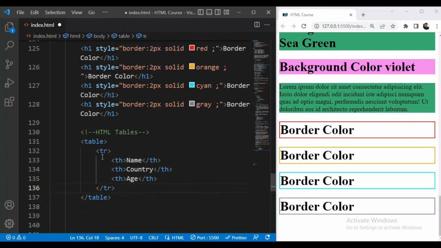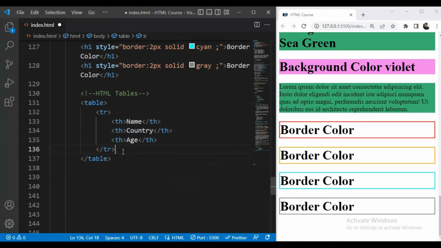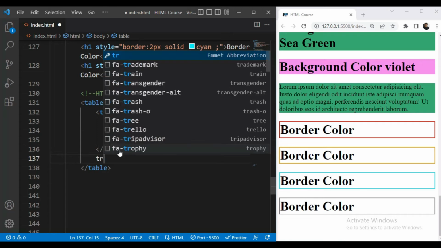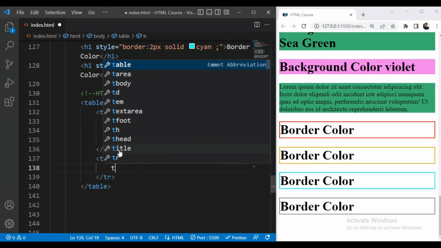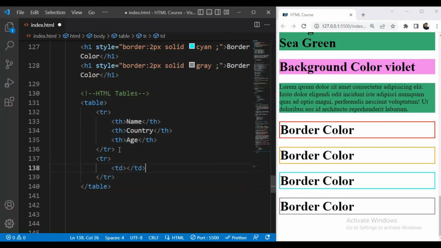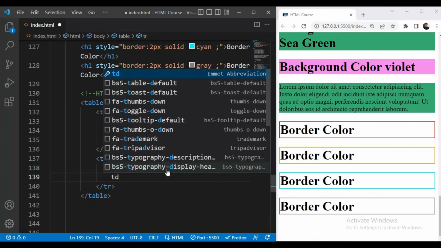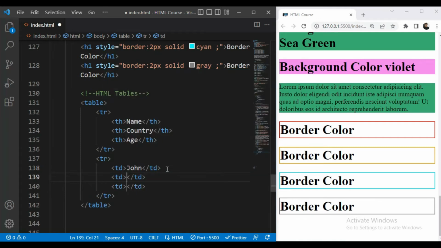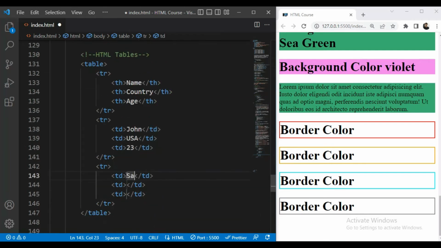So the full form of tr is table row and th is table head. Then again we will take another tr, that is table row. Then we will have td tag. So td means table data. So here we will have for example John, then we will have td, and here we will have for example country name USA and age 23. Then we will again take another table row, then table data, and here we will give for example Sarah, and country name will be for example UK,